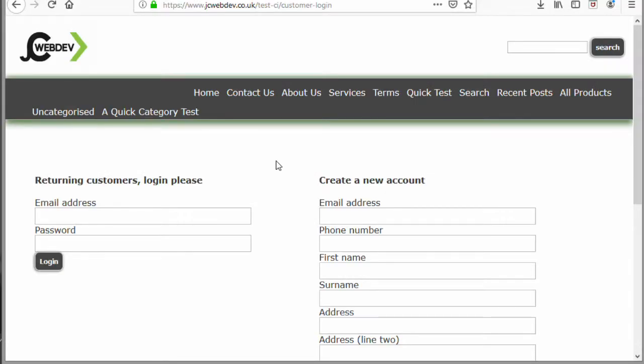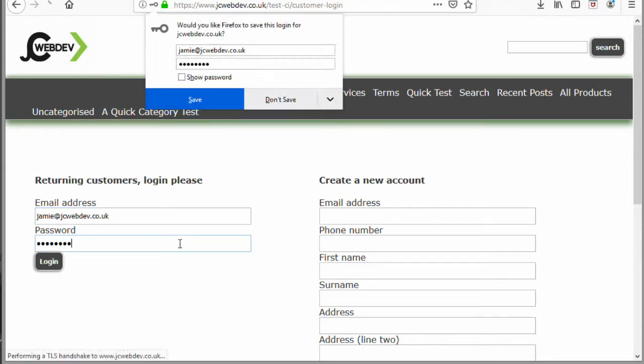Today we'll sort out our account page, give our customers an easy to find download section so that they can download all of their files. So if we log in as a customer,